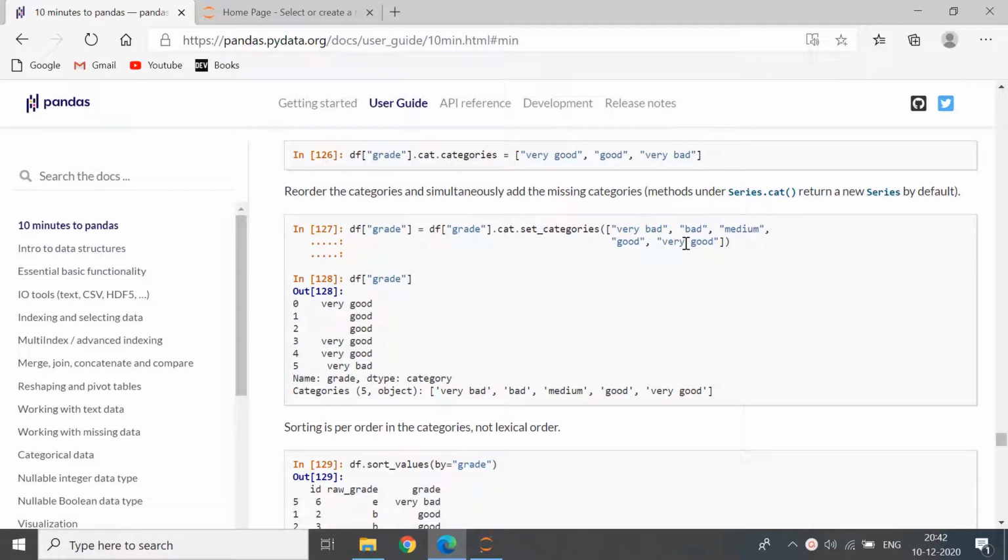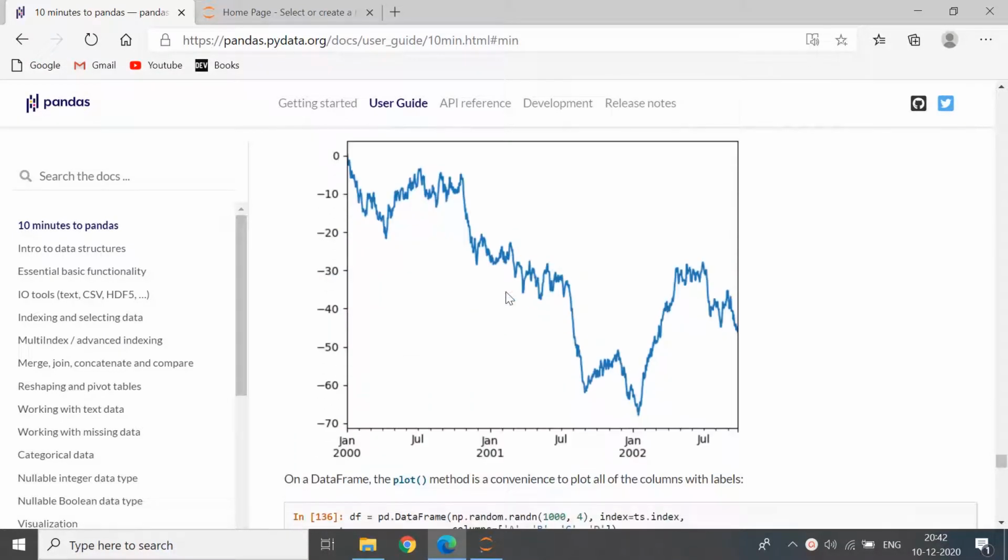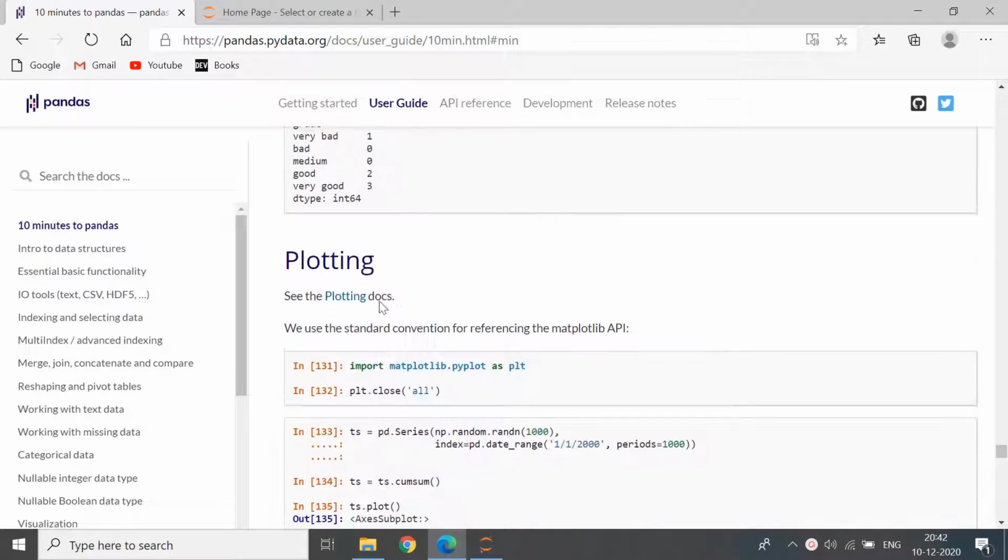Hello guys, so we are going to continue where we left off last time, which was this plotting stuff. We had not started this yet, and this is hopefully the final part to this 10 Minutes to Pandas long series.